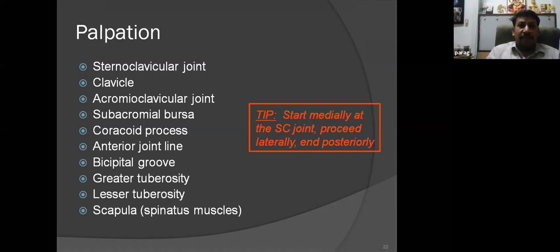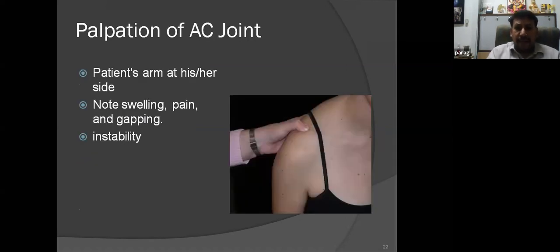You can even have something called a snapping scapula, where you can palpate, and when the person moves the shoulder, you can feel the grating and the noise that the scapula creates when it moves on the rib cage. It's quite commonly seen in bursitis, or very occasionally you can have some exostotic growth on the chest wall or the scapula, which can give rise to that kind of grating. So start from the front, go laterally, superiorly, anteriorly, and end at the back.